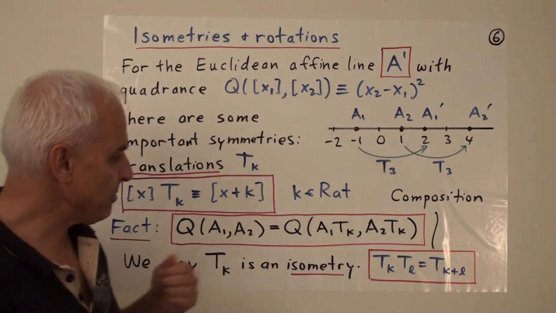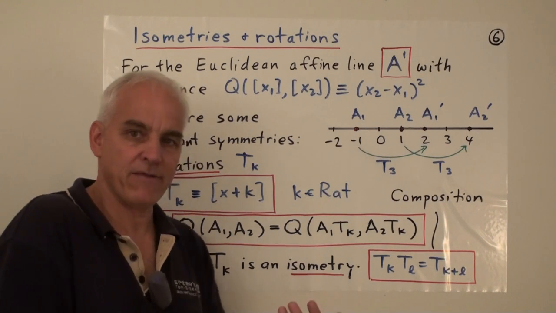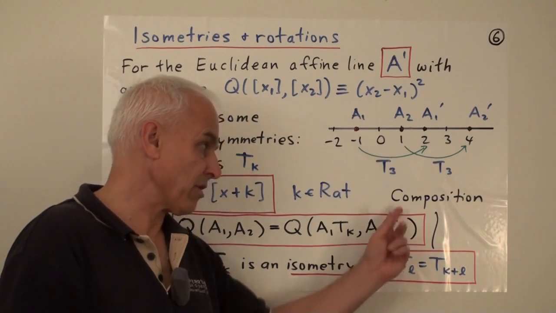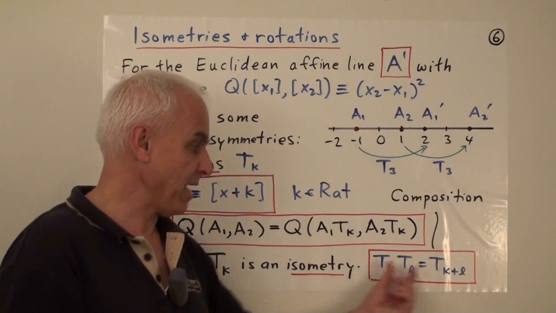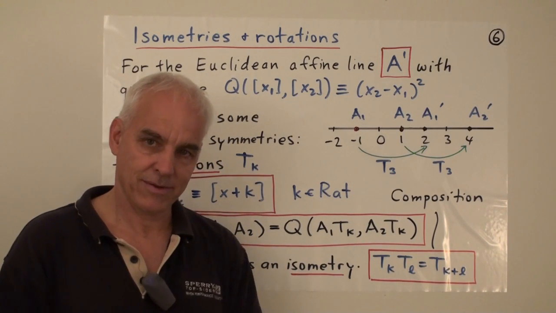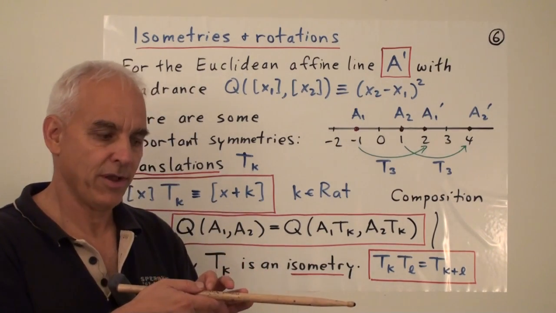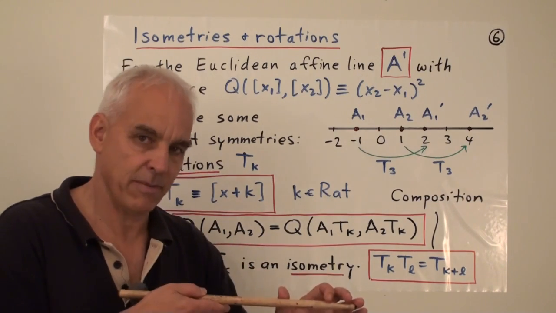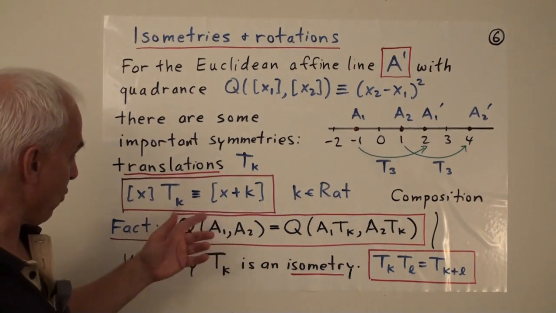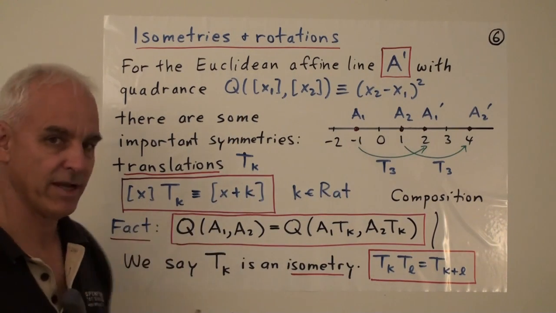So the translations themselves, these symbols, naturally support a simple kind of algebraic structure. You take one translation, combine it or compose it with another translation, and you get another translation, which at the level of the indices is just addition. So the translations have an algebraic structure. You can do t sub k, and then you can do t sub l. It's like multiplying them. We write it like a multiplication because that works with this symbolics that we've introduced of just writing the symbol to the right of what it's acting on.